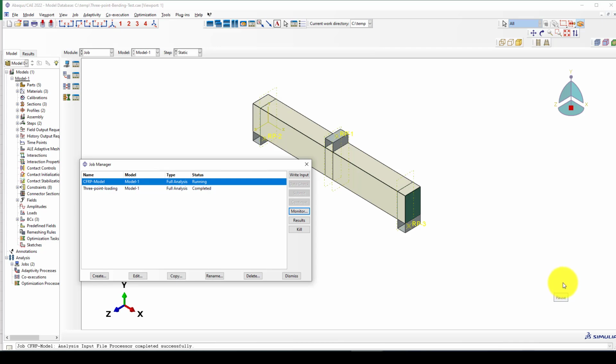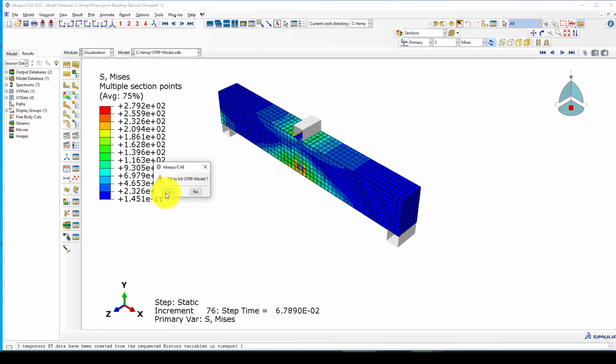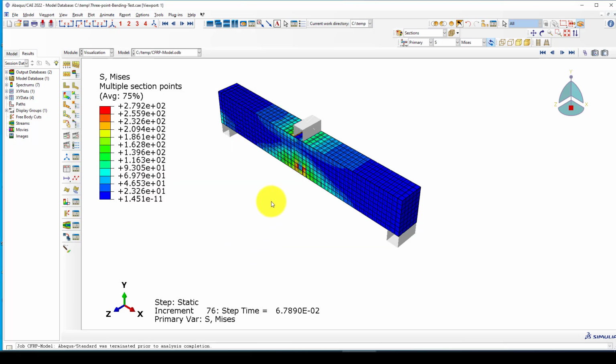So I will pause the video for a while. Now the analysis is partially completed. It took about 0.2 seconds, but the time increment is quite small. If I let the program finish solving this, it will take quite a long time, maybe 10 or 12 hours. So I want to stop it here and kill it, because after this point the concrete is actually damaged, but the CFRP has a quite high tensile strength, which is not going to damage or yield. So we can go to